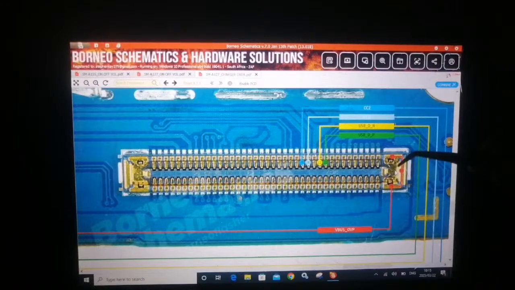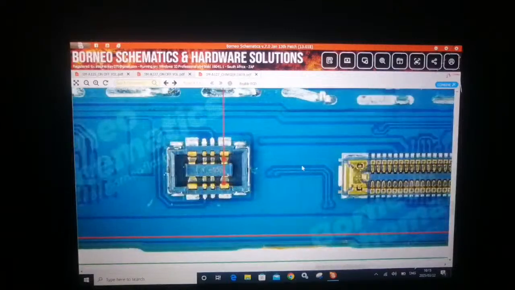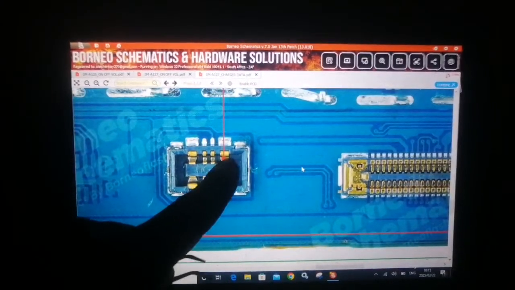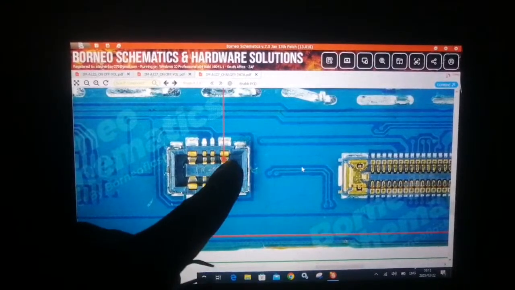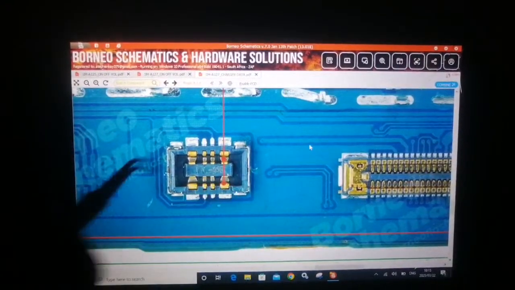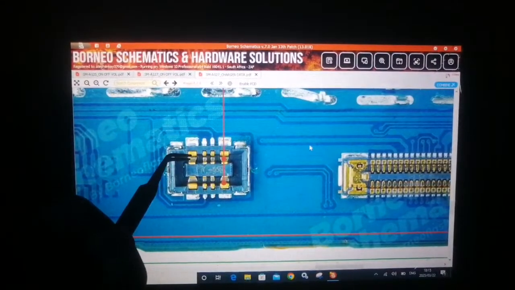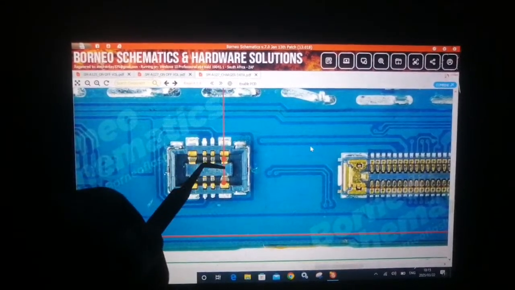So what I was saying is, when you put the charger inside the phone, and it's not charging, you read with your multimeter. Let me see here. You see, this is the battery connector, right? This is the battery connector. If you put your positive probe on this positive line, and here you get 1 point something volts or 2 point something volts,